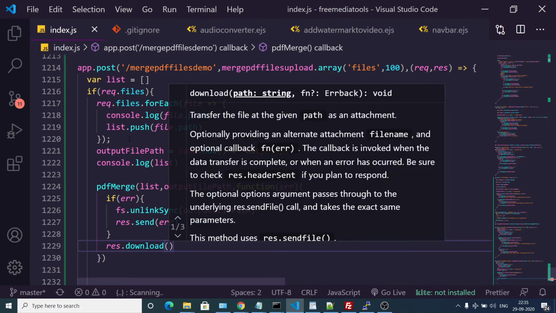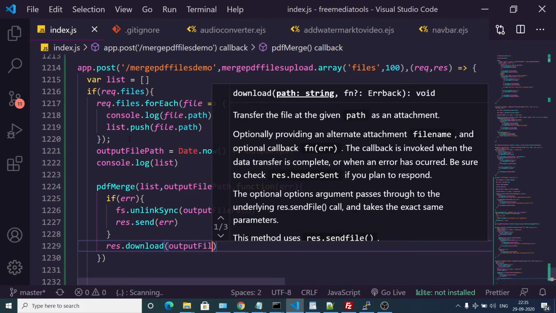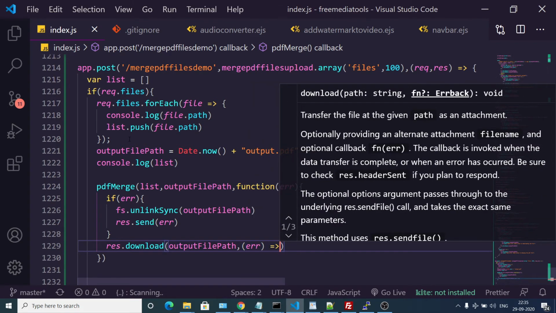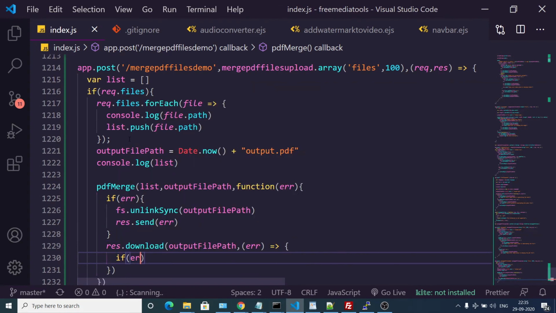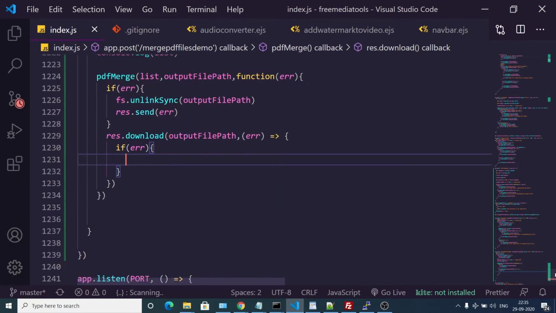This is the Express function. We can just pass the output file path here, and this also returns a callback if any sort of error takes place. If any sort of error takes place, then in that case we also need to remove the input files and the output files. So here we will use again the for each loop.